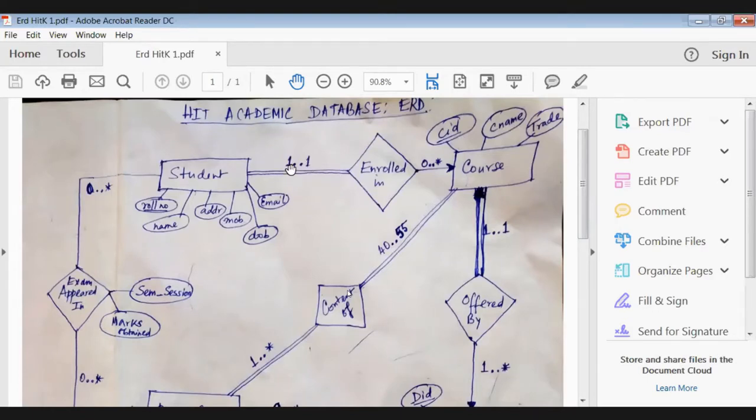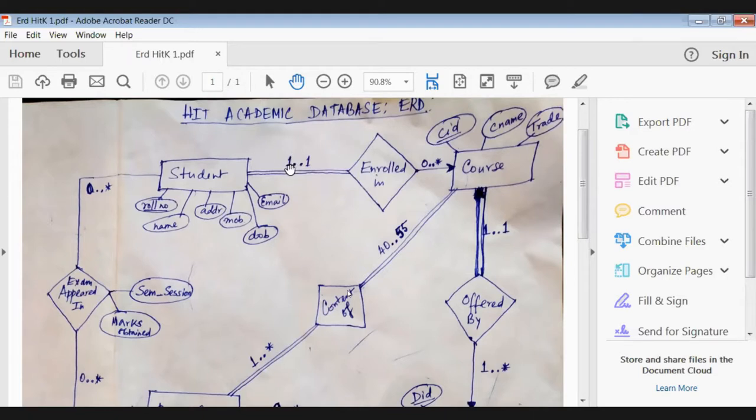Either you use 1..1, 0..*, only that notation. That is enough to understand whether it is one to many or many to one, and whether it is total participation or no participation. It is clearly understood from this notation.